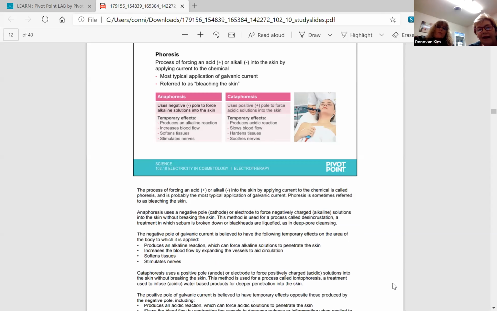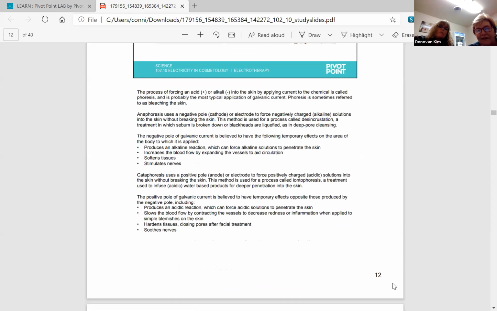So anaphoresis, we've gotten that one, right? You understand that's the negative pole, all right? It's going to force a negatively charged or alkaline solution into the skin without breaking it. This method is used for the process called disincrustation. Okay, that's the solution that we're using, which is an alkaline-based solution, because alkaline will soften the follicle wall, okay, so that we can remove the impaction or the blackhead. Okay. So disincrustation is the name of the solution